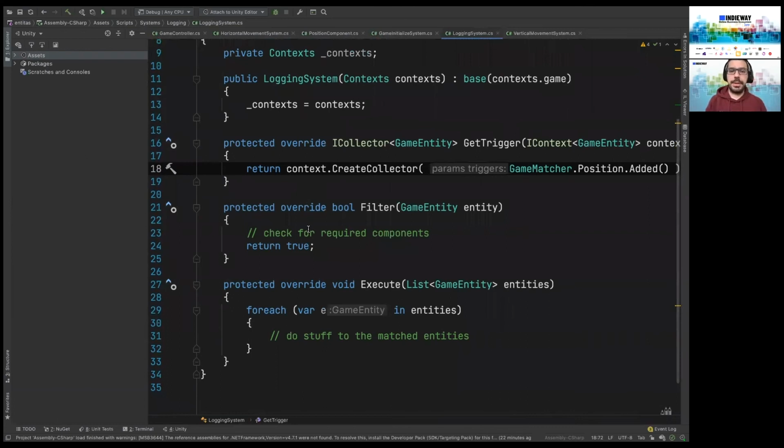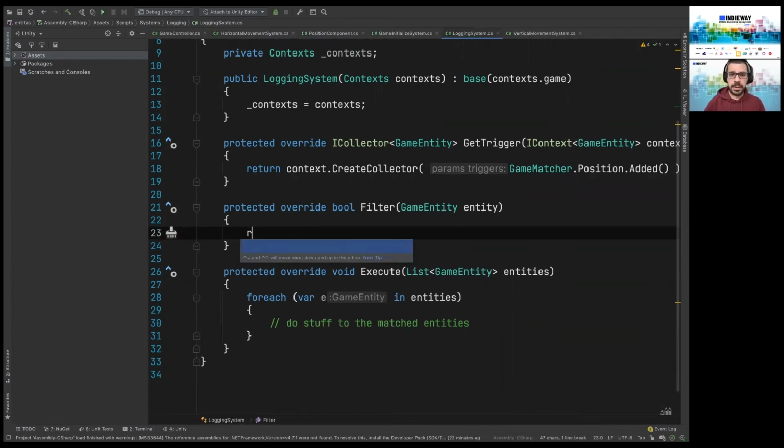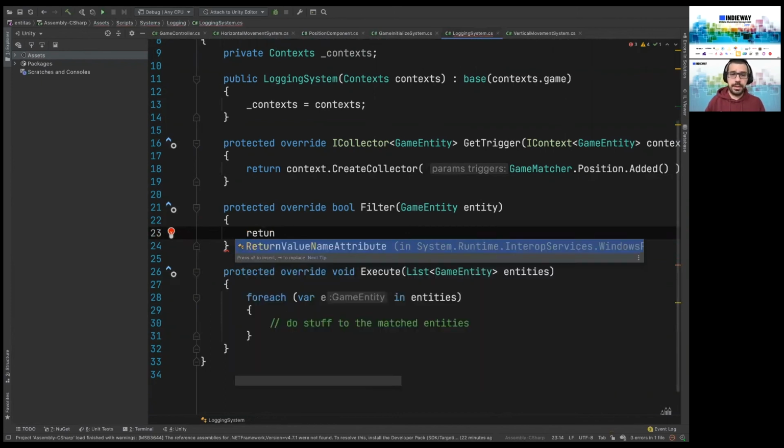Reacting systems, when they are triggered, you may need to filter those entities. For instance, I add this position on this entity. If a system position is removed, I need this position, and I filter this.